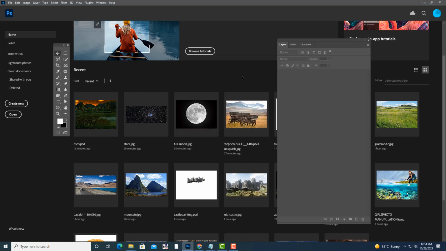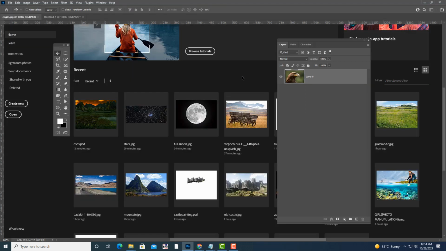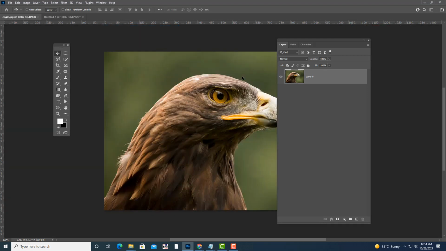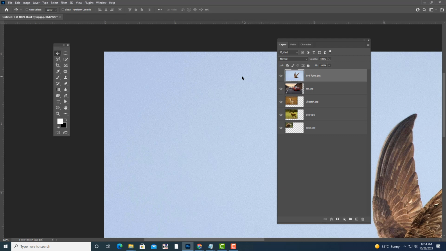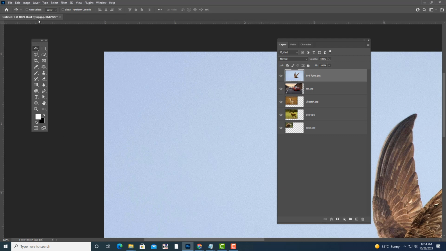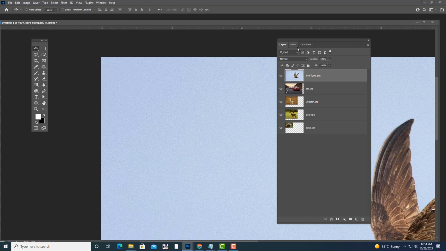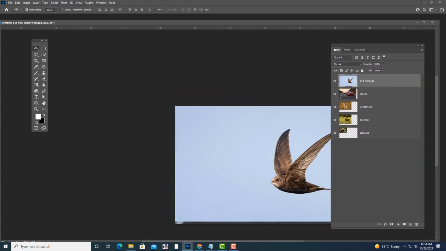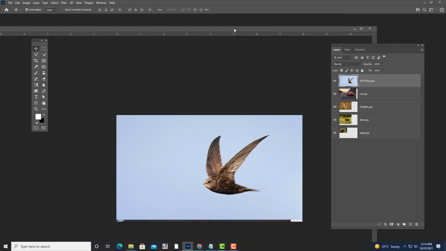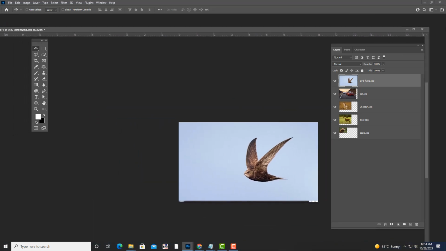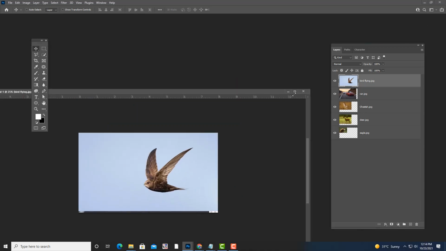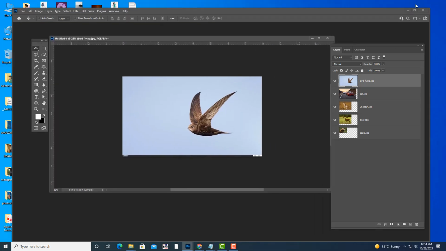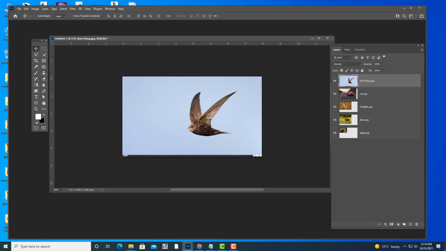So now what will happen? All the 5 images will open in a single document. See here. So if you want to see all the images, and I think all of you can see the complete Photoshop interface, right? Okay, see,